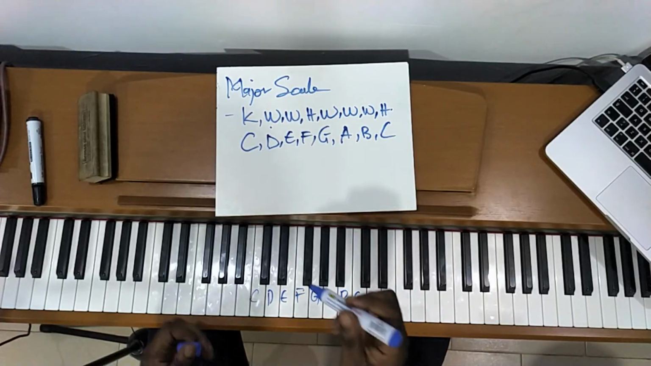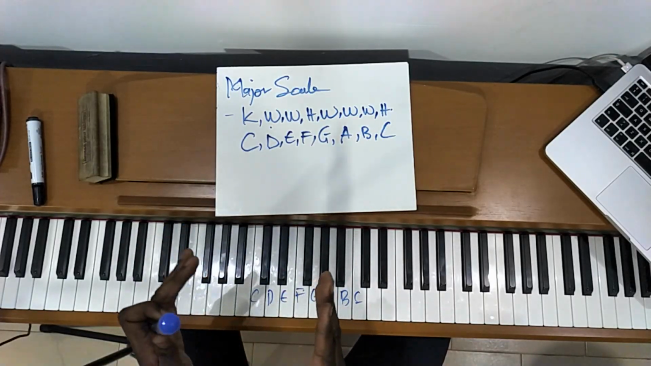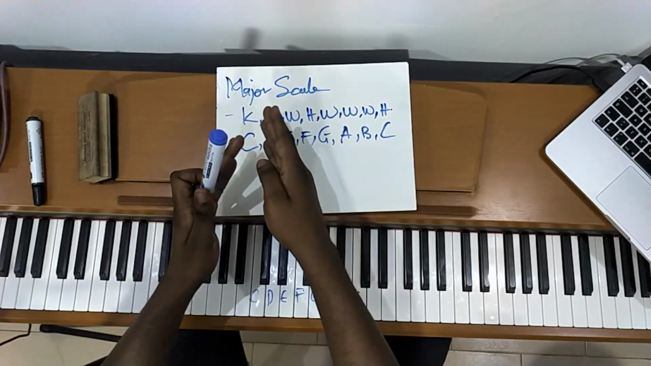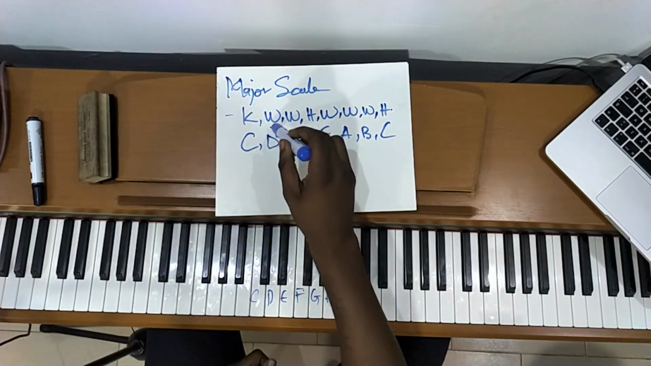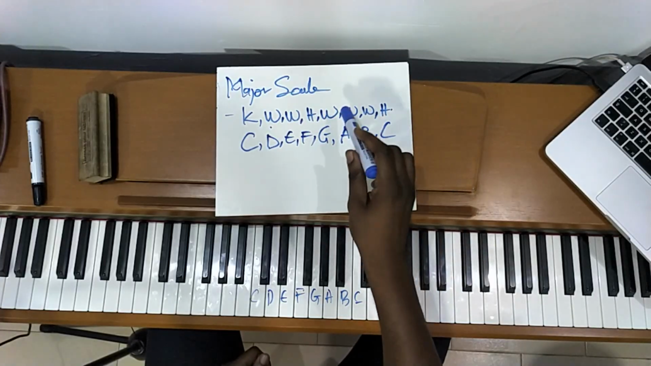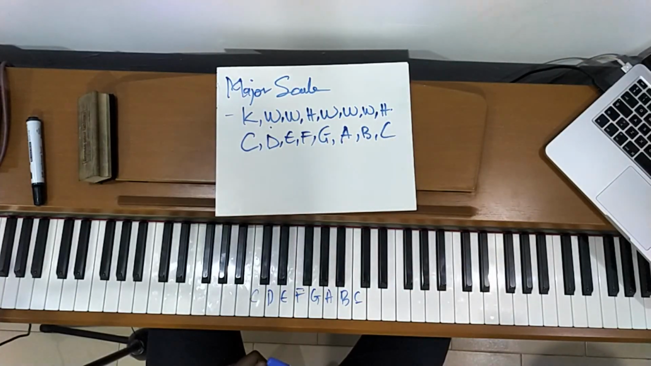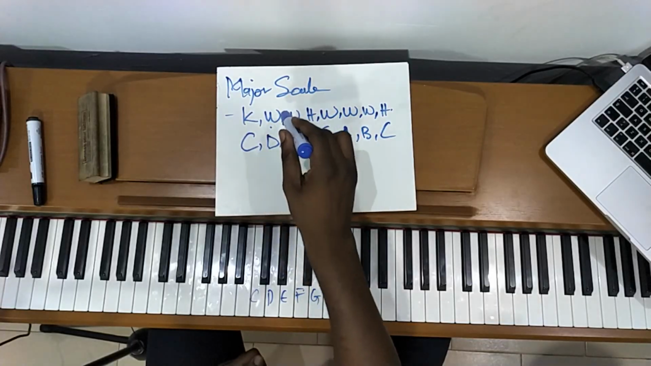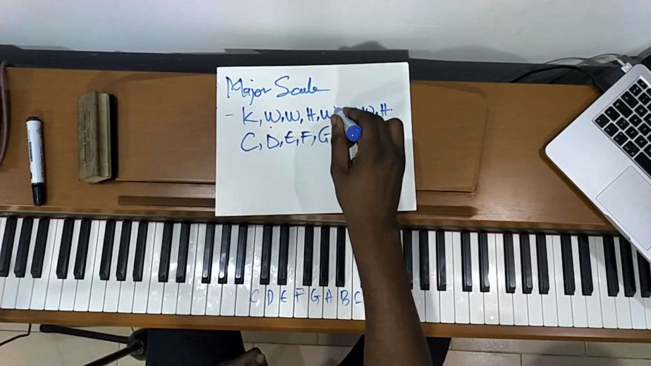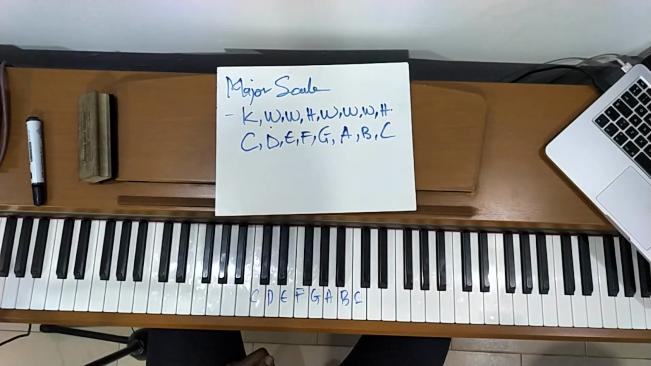So for major scale, the formula, or they say the pattern, is key, whole step, half step, whole step, half step. Key, whole step, half step, whole step, half step. Okay, so let's play the notes whilst we recite the pattern. Okay, so it is key, whole step, half step, whole step, half step. Okay,